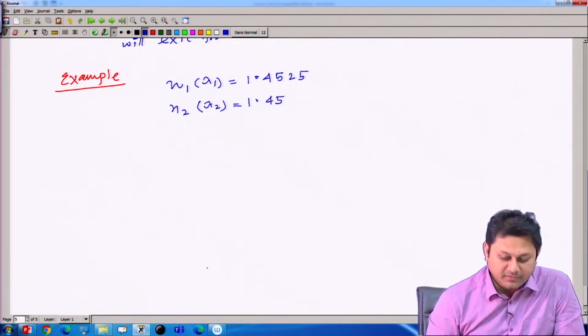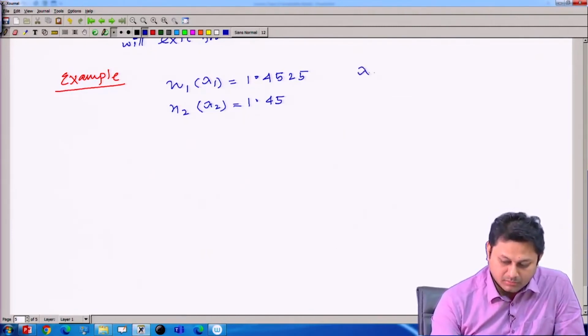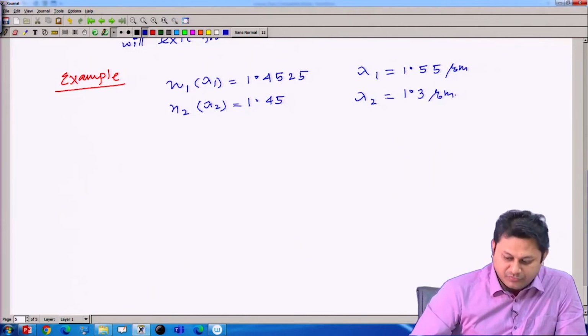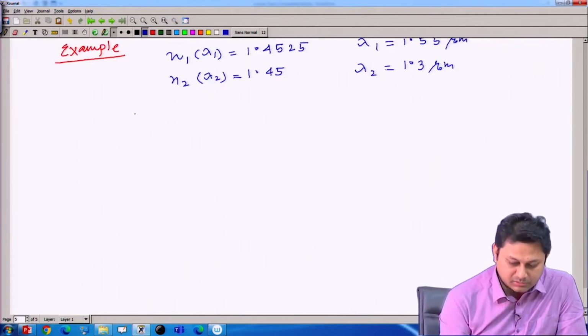So, the refractive index for lambda 1 is this and the refractive index for lambda 2 is this, where lambda 1 is, say, 1.55 micrometer, lambda 2 is, say, 1.3 micrometer,